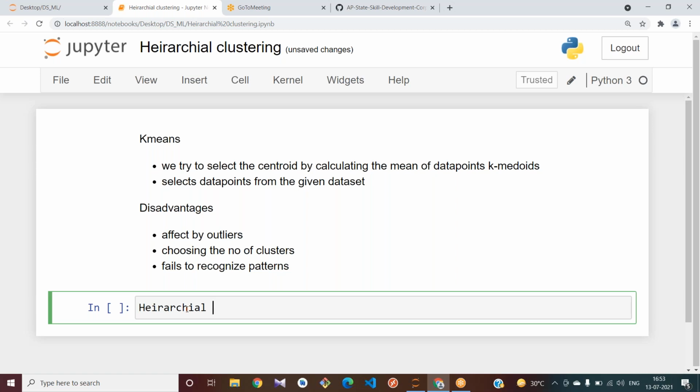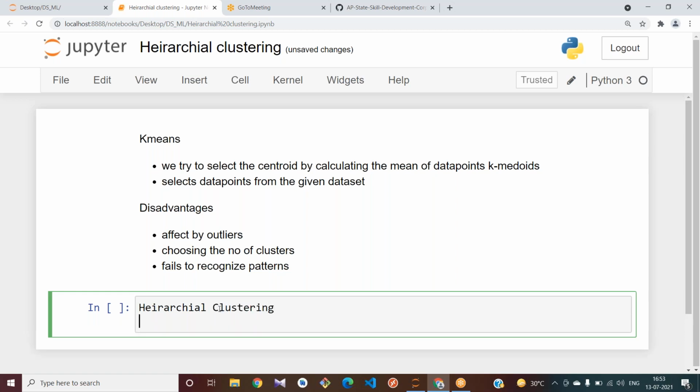The principal again reports to a higher head. That is one hierarchy. In the same way, we do clustering using hierarchical techniques.